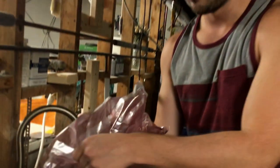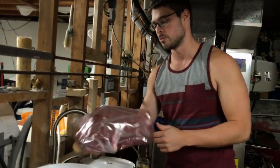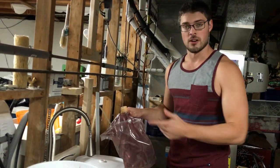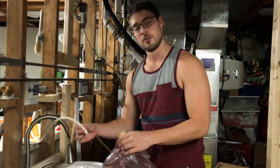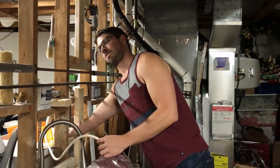Very important to properly clean out this bag. So you're not actually going to get all the wine that you expect to get unless you clean out this bag appropriately. Now, I just installed this sink, but not all of it. The water's not here. So I've got this little hose that comes through from the opposite side of the wall here. Excuse me while I...